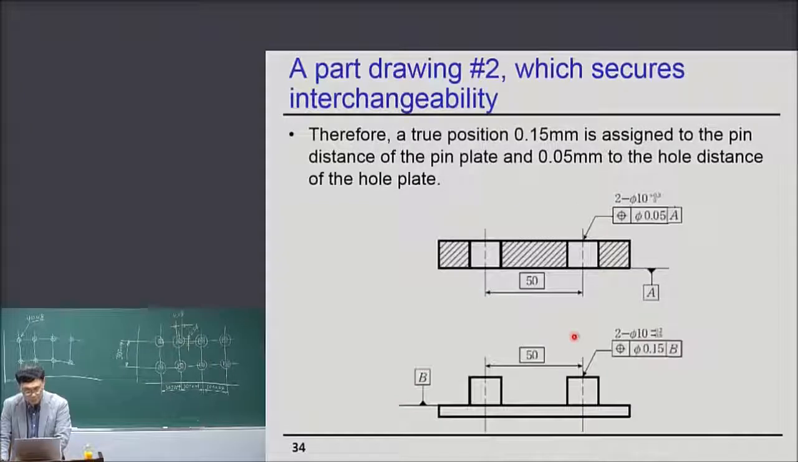So then you may select like this. For the whole plate, the true position is 0.05, and for the pin plate the true position is 0.15. Then also you can secure interchangeability. The reason that the true position of the pin plate is larger than the true position of the hole plate is that,